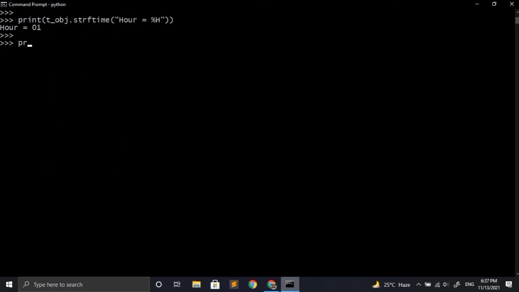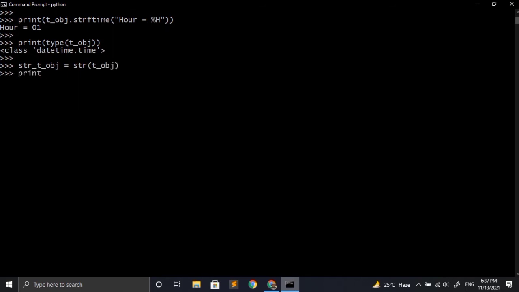So now let's check the type of the time object, and for that we have to use the type function in Python. So even though it looks like a string object, but it is not a string object and it belongs to class datetime.time. Now to typecast it into string, we have to use the str function or the string function provided by Python. So I'm writing str and I'm providing the name of my time object.